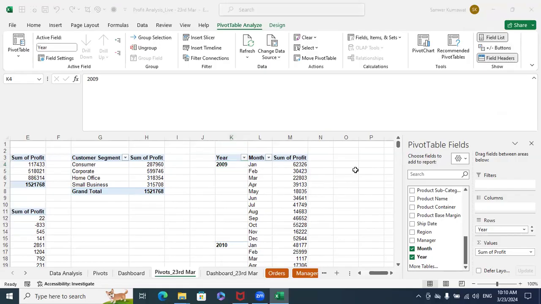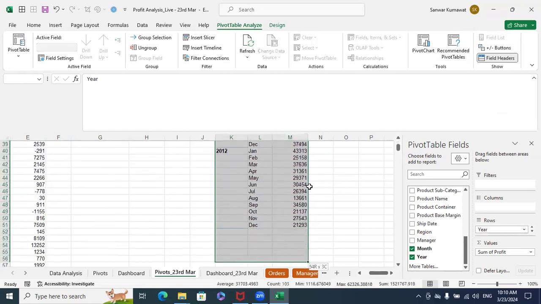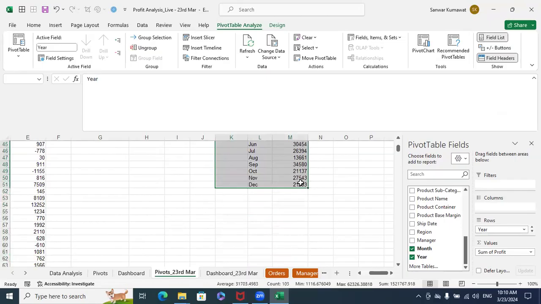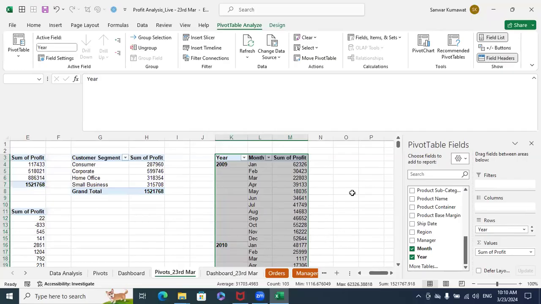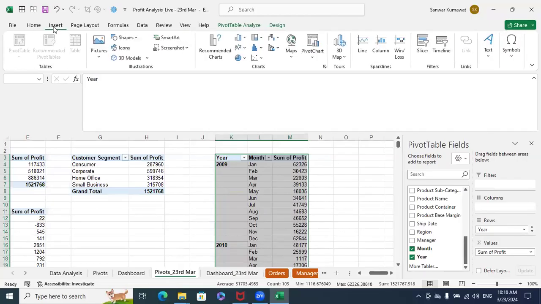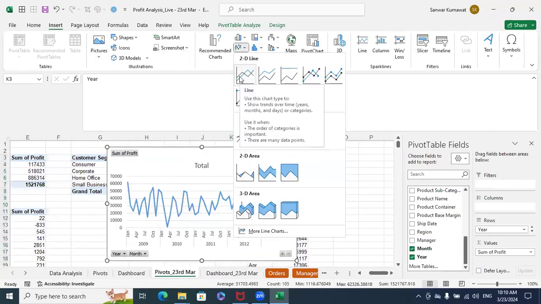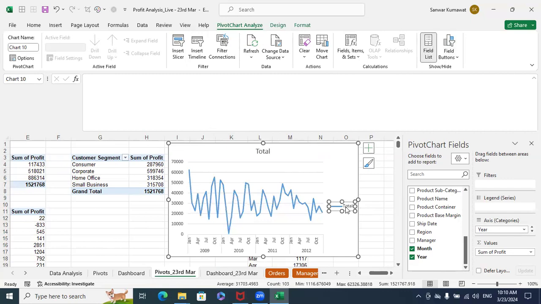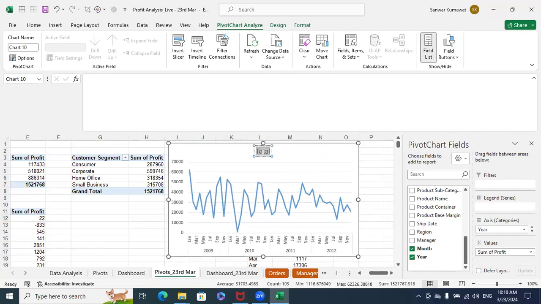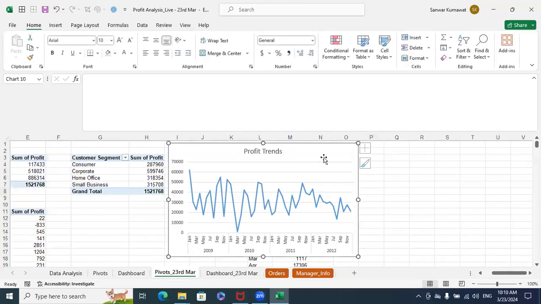Very great. Okay, done. Now, based on this, I want to apply a chart. What I'll do, I'll select this dataset. Select it. In our previous class, I told you that if it is periodical data, multiple periods, what kind of chart do we apply? Line chart, yes or no? Right click, hide, choose it, delete it. And I can say that profit trends, done. Control X